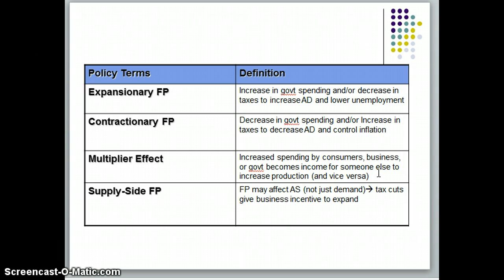Like I said, I just think of throwing a rock into a pond and it ripples out. It's essentially what's happening here with this concept of fiscal policy. The government is taking money, throwing it into the pond, and that's rippling out and creating money for other people. We also have what's known as supply side fiscal policy, where the government cuts taxes on businesses, which creates incentives for businesses to expand, and thus that would be another example of fiscal policy.